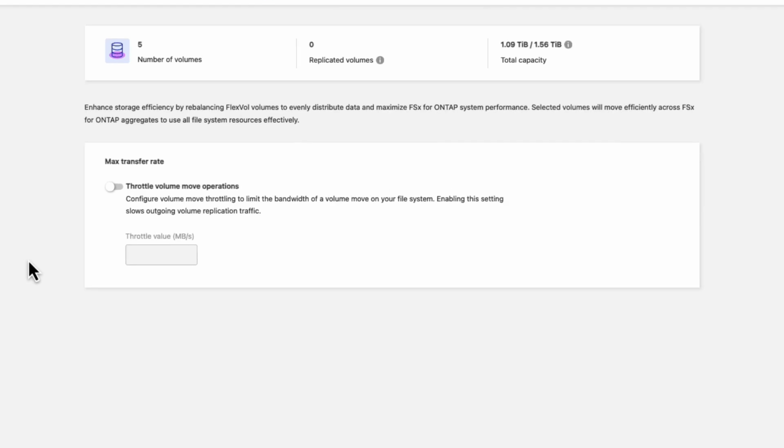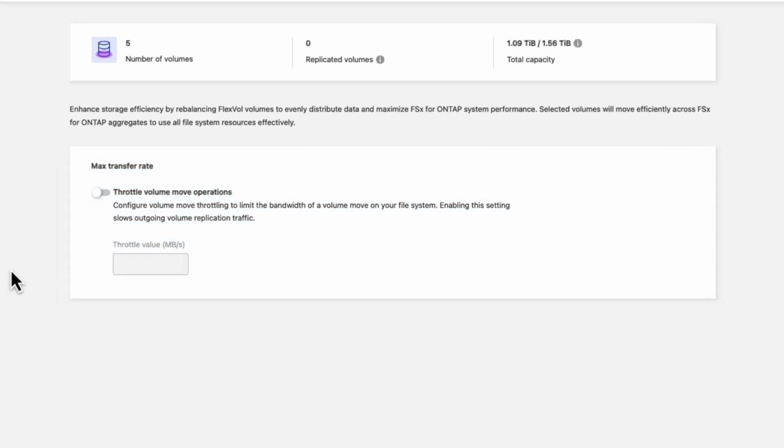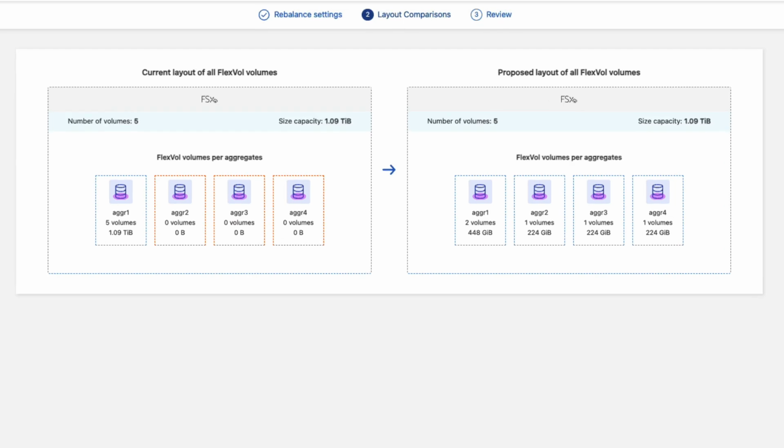You can throttle the volume rebalance operation if you wish to control the bandwidth. In any event, volumes will be moved gradually, one at a time. Click Next. The layout comparison will demonstrate how the volumes are going to be spread out across nodes after the